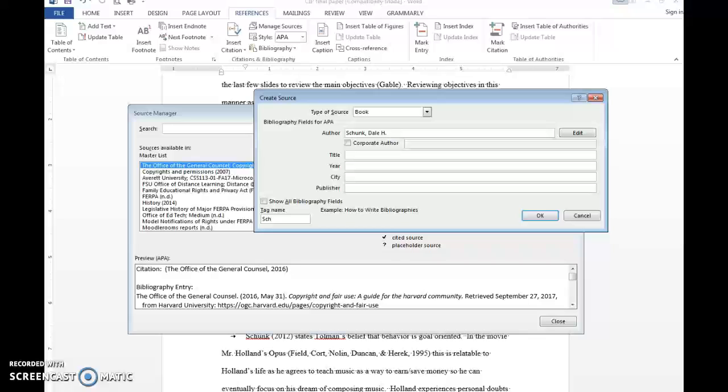The title is Learning Theories. The year, city, publisher,